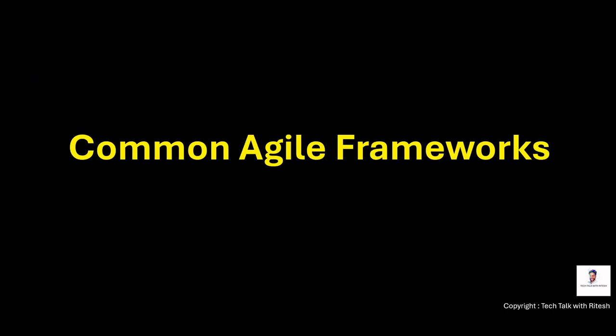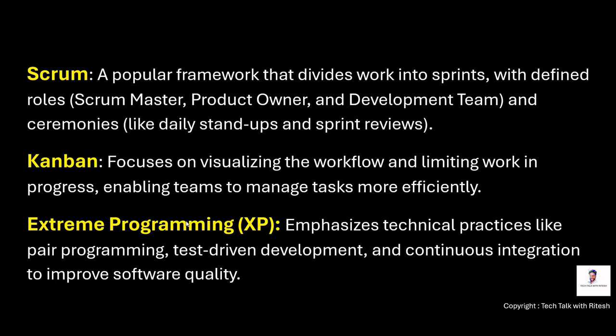Let's see the common agile frameworks. These are the popular ones: Scrum, Kanban, and XP. At least Scrum and Kanban are both very popular. Scrum is a popular framework that divides work into sprints. Sometimes if you work on a project, you hear these terms: Scrum ceremonies, daily stand-up, retrospective, etc. Work is divided into sprints with defined roles. So we will have a Scrum Master, Product Owner,